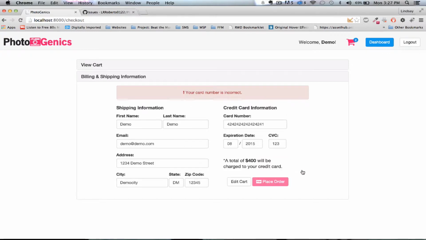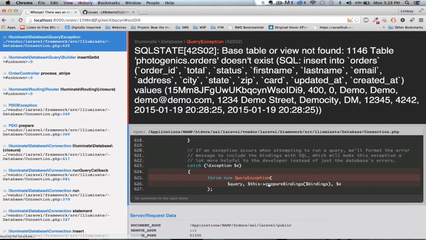So now we can place our order, and we get this error, and that's because of that one right there. It's forcing that error. So let's say I do 424242 and the expiration date, let's do that as 2000, an obviously invalid expiration date, and we try again. It'll go ahead and display any errors that we might be having. So now that we've cleared up that, 215. Alright, let's go ahead and place our order. And we got, obviously,